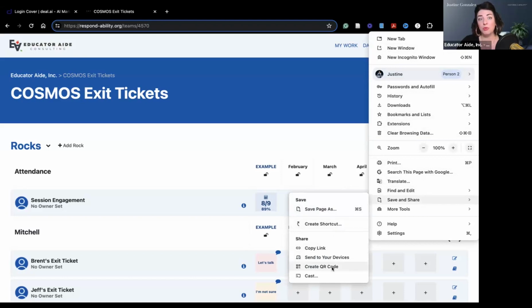So for any web page you're on, say it's a Google form and you're like, I don't want to put this into Bitly and shorten the link, literally just go to that browser corner if you're in Chrome. I'm a little biased because I don't use a lot of other browsers, so I'm not sure. But then you simply can create a QR code to take people to any web page. So I just wanted to insert that because I just discovered that a couple years ago, and it's been so much of a game changer. Instead of people saying, well, I can't access the Google form, I can't access Jotform, you can just put something on a presentation too.